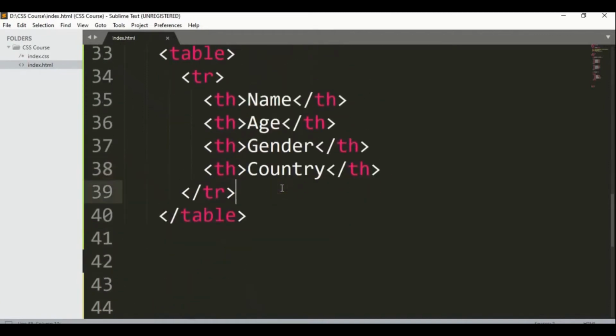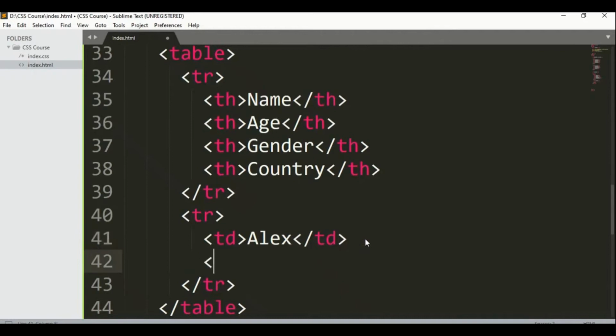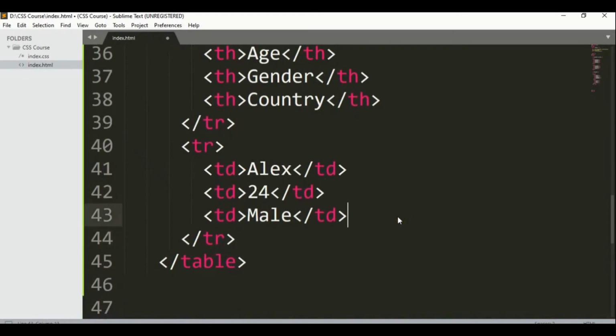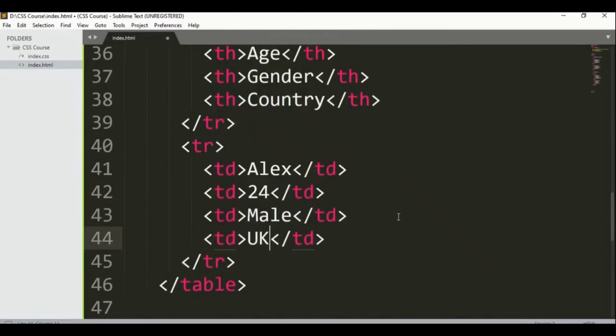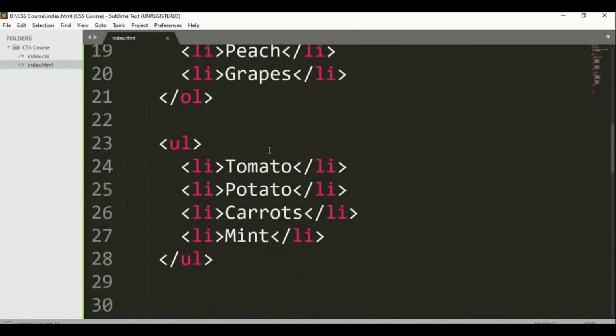So guys, that was table heading, and now another one, table row and td, table data. Let's say name Alex, and age you can say 24, gender male, and last one, let's say country UK. Guys, save it and refresh it. Guys, here you can say we got it, but it's not looking like a table. So for that,